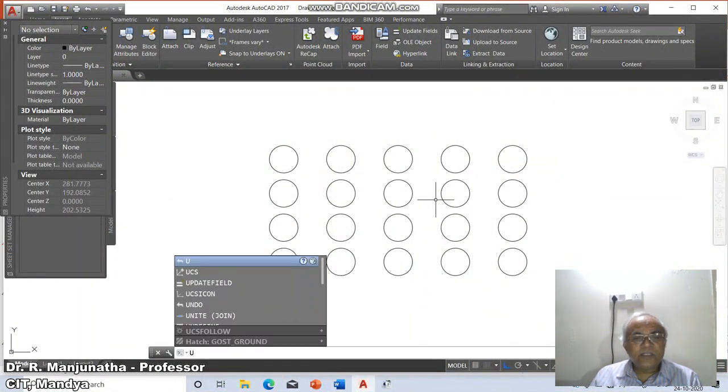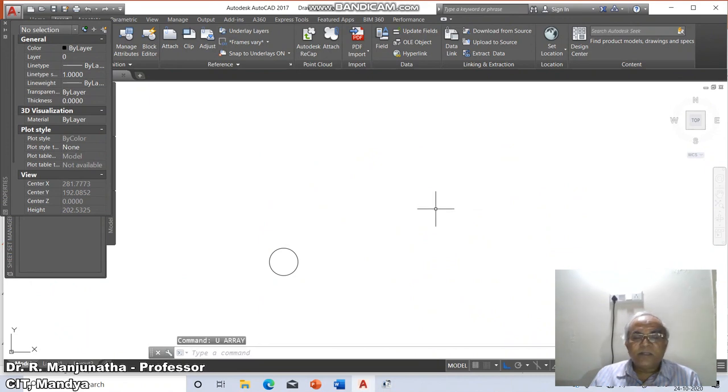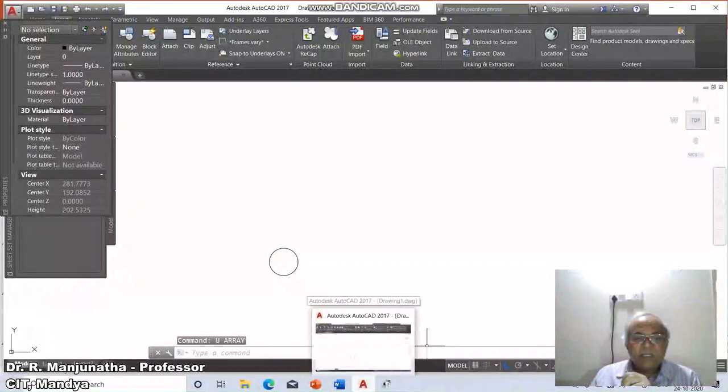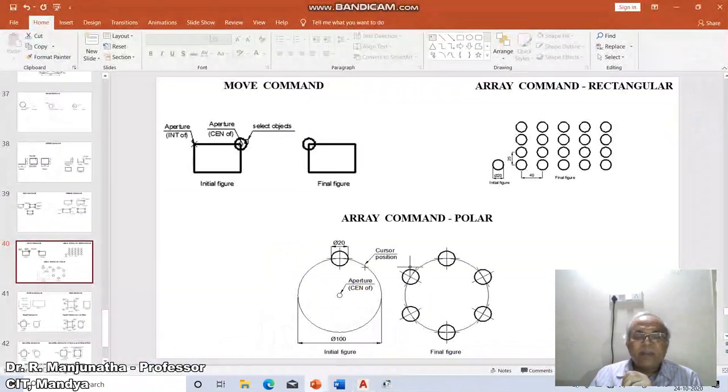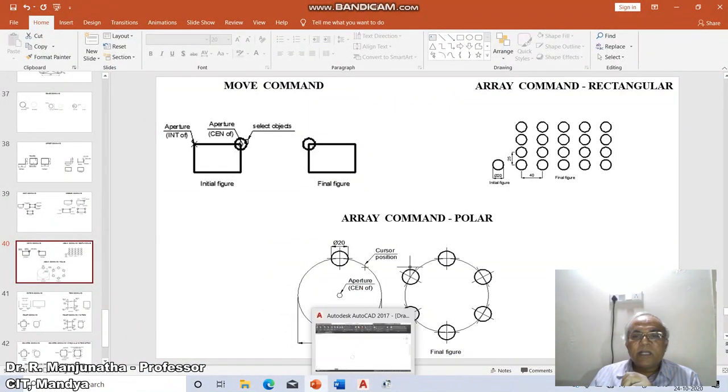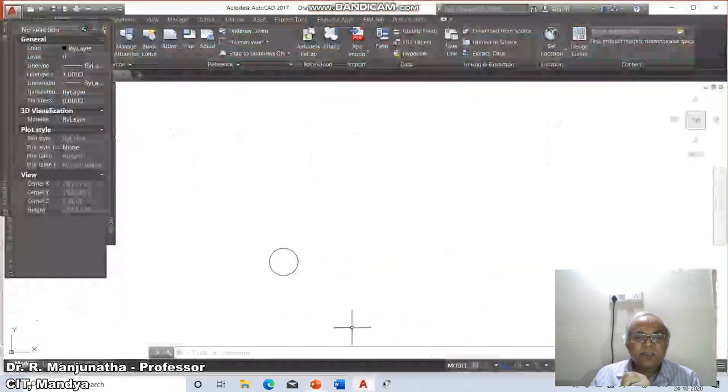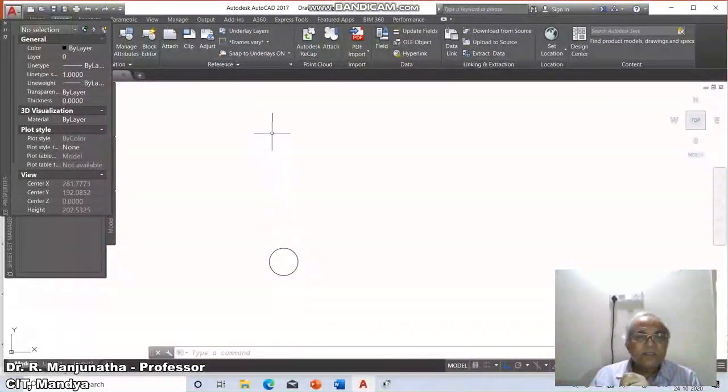Now I will undo this. Now we will go for another option wherein I want the number of rows like this, and the number of columns like this, in the second quadrant. So the command is array. I will select this object, enter.